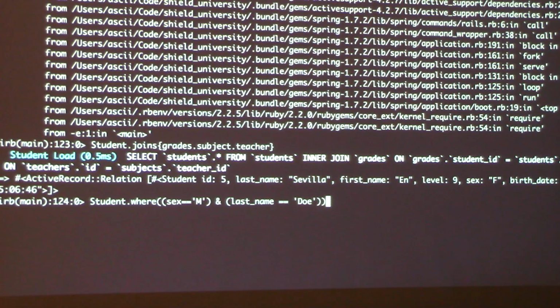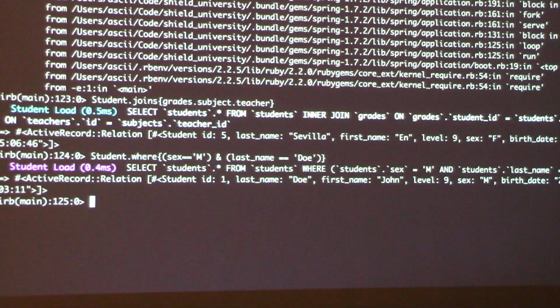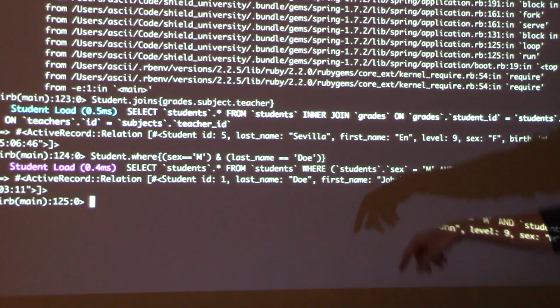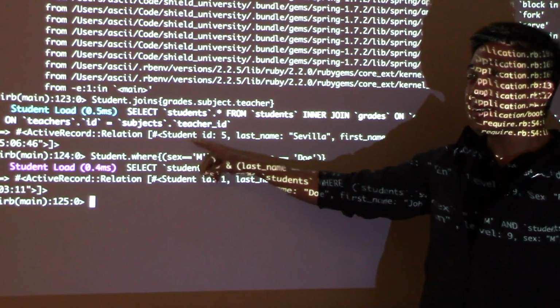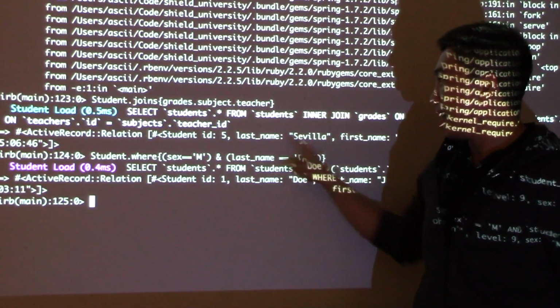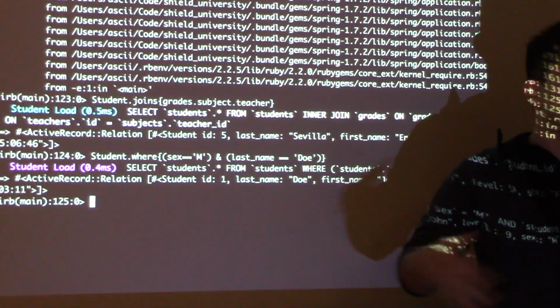Oops, curly brace pala. O nga pala, by the way, in Squeel, each condition is delineated by braces, by parentheses. Otherwise, kasi, if you remove the parentheses, in regular Rails naman, you can remove this, and then it's a set of arguments.